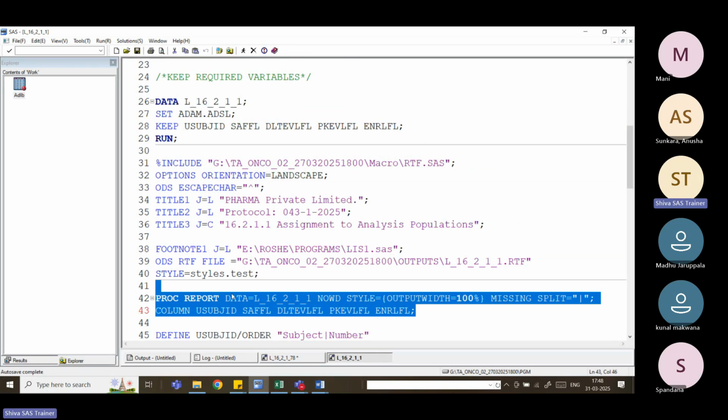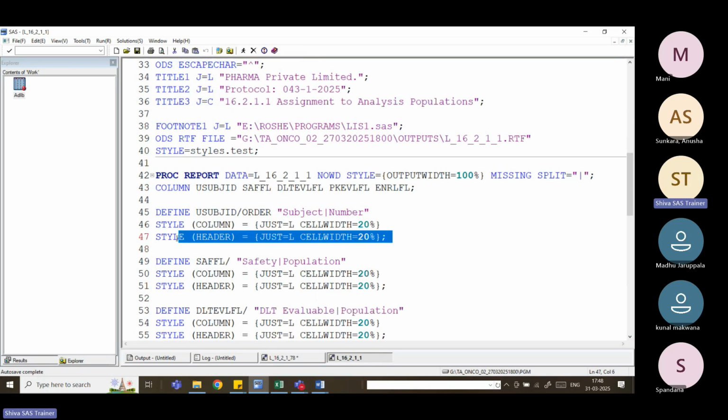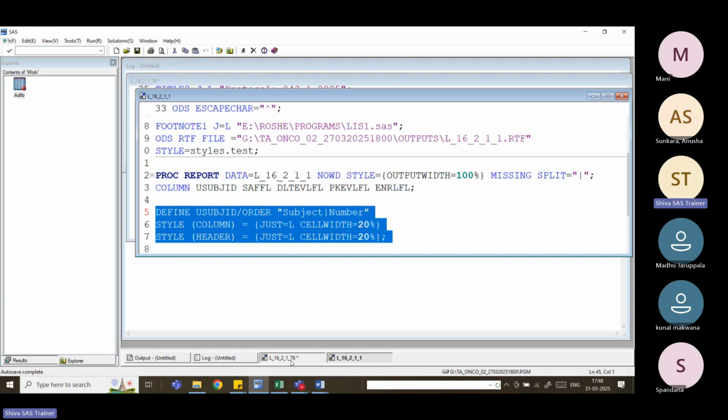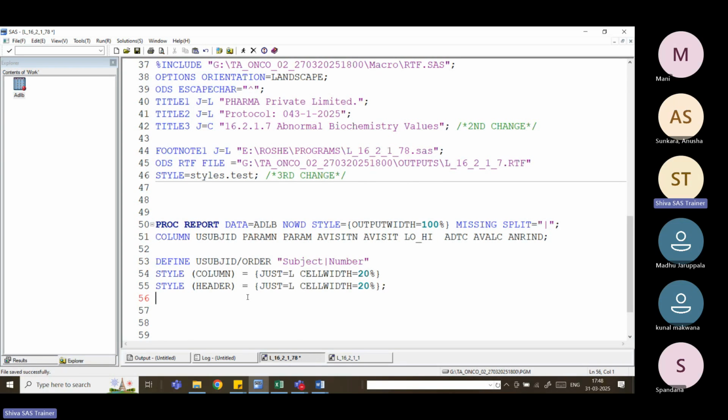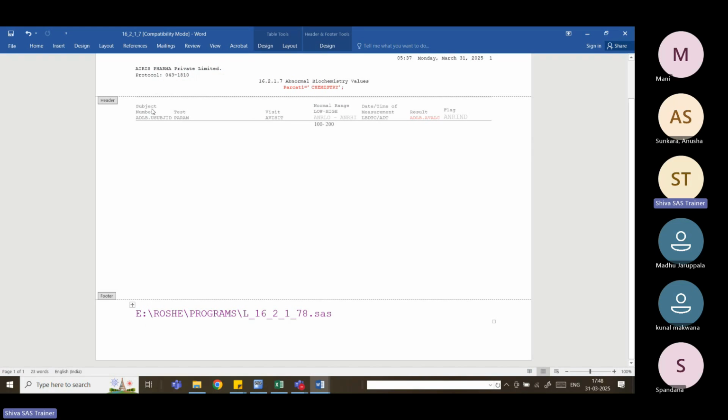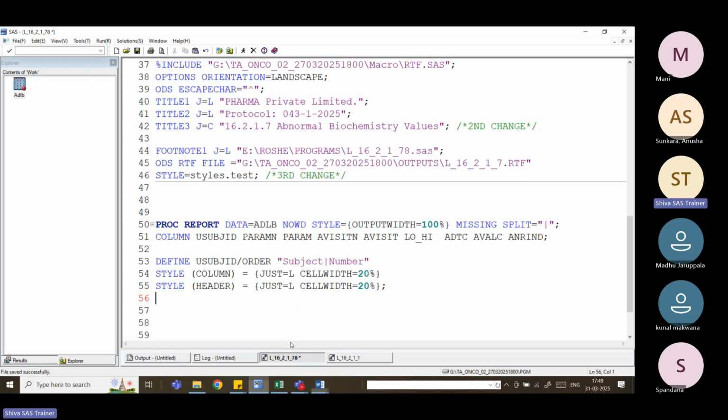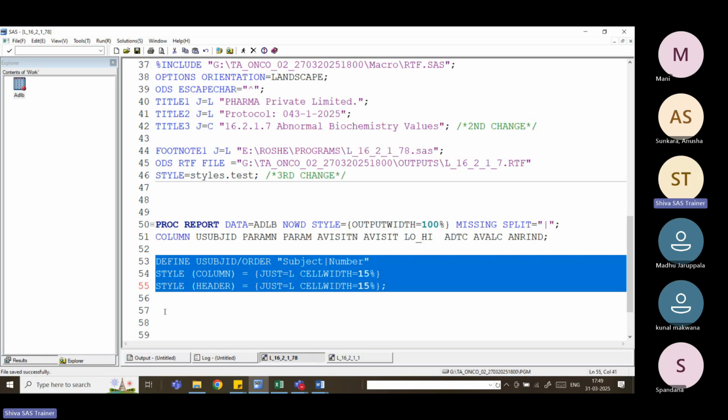The first variable, use of JID. Just copy this syntax and paste it here. Use of JID. So here, subject number, we want to display subject on the first line, number on the second line. So I am giving the 15 cell width out of 99. So next variable is